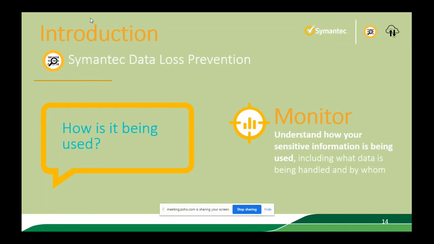payroll information. This is not supposed to be public information. It's supposed to be only between the HR and the employee. So is someone in the HR trying to leak this information to other people, which might destabilize even the organization? So we need to monitor this and see how